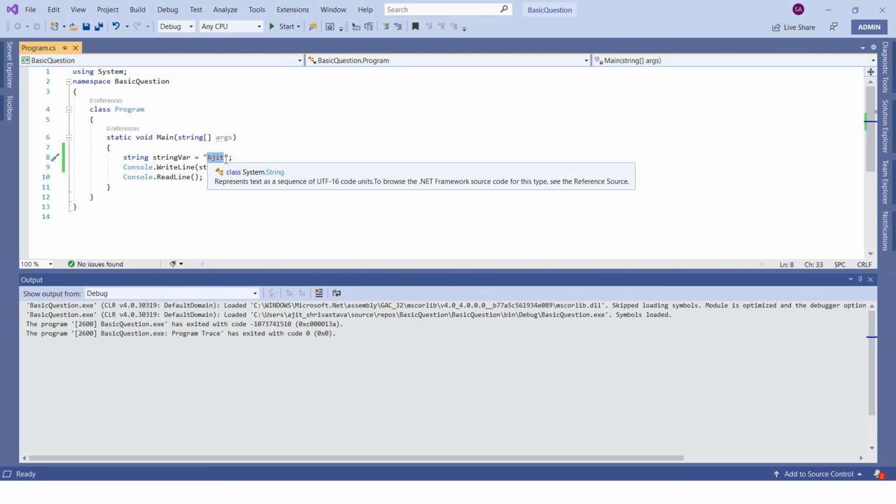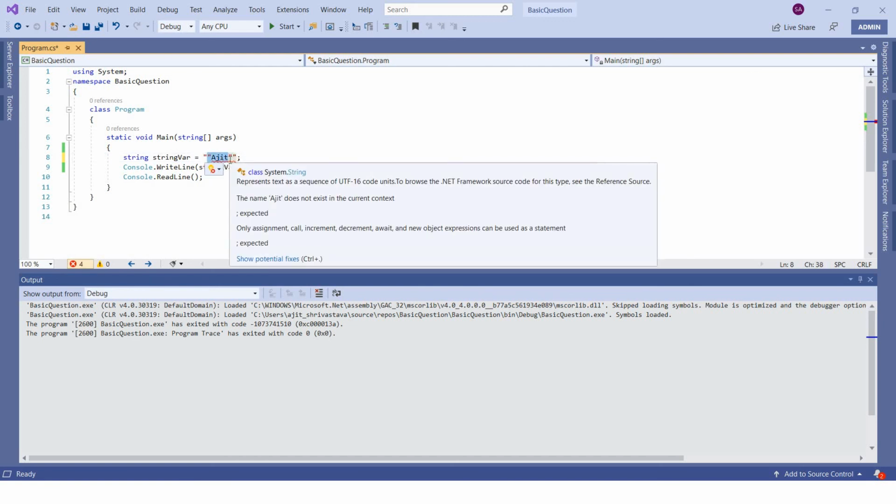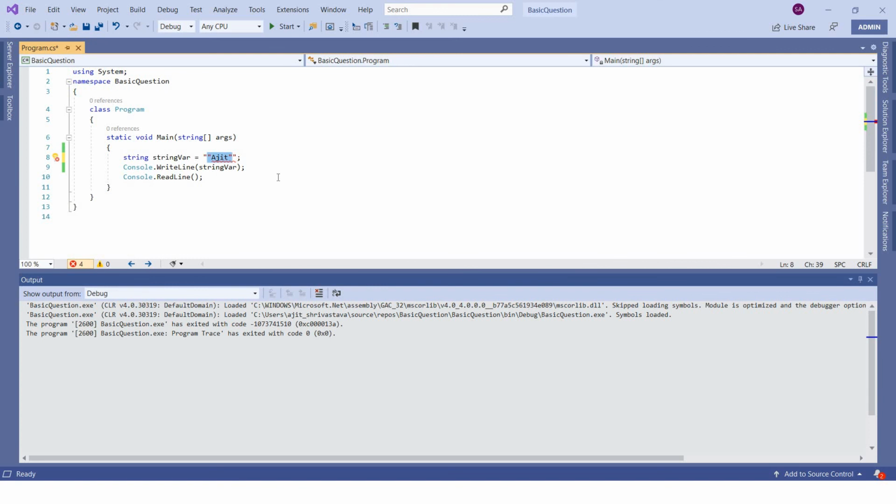So let's say there is a scenario where you want to store the double quote as well. How can you do that? Because let's say I want to store Ajit in double quotes itself. So if you give a double quote here, I want to print this character, double quote Ajit and double quote, but you will not be able to do so because the two double quotes, starting and ending, it treats it as a string. So if you see this, C# will treat this selected part as an empty string.